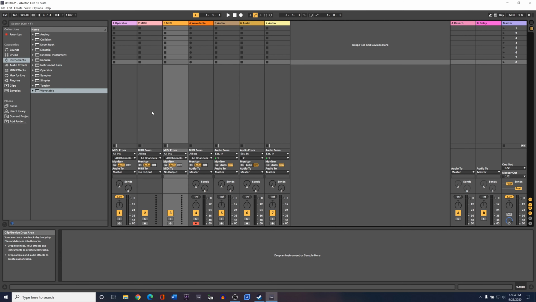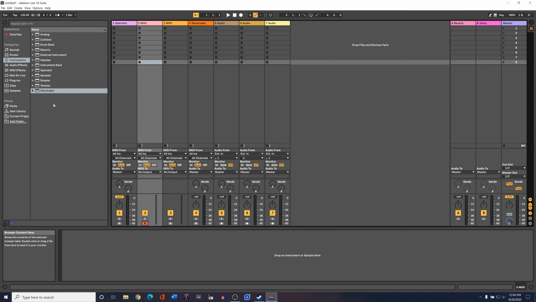Now if we don't put any instrument on them, we're not going to get any output on them. We will, however, if I click this button, I'll go over that later, you'll see that I am getting input from my keyboard, but we're not hearing anything. And that's because there is no instrument to transmit that MIDI data into audio or sound,